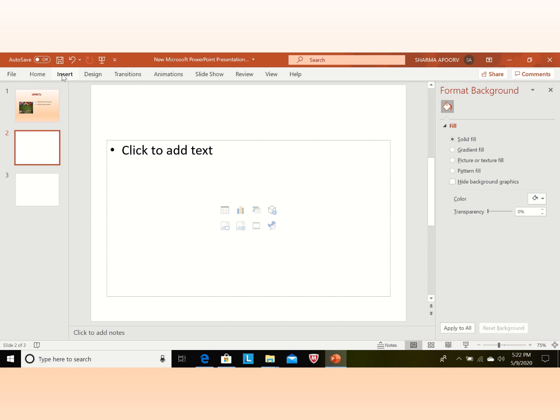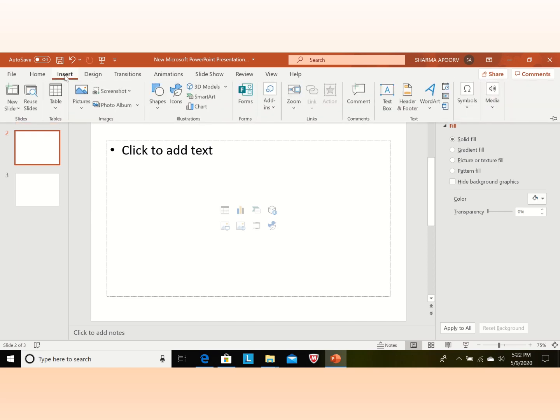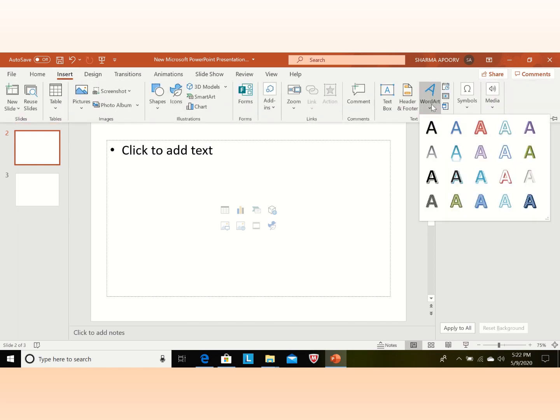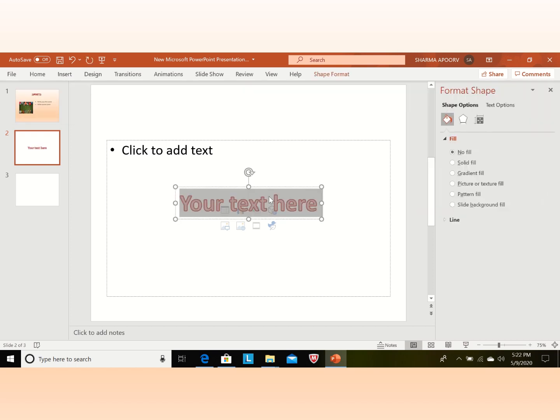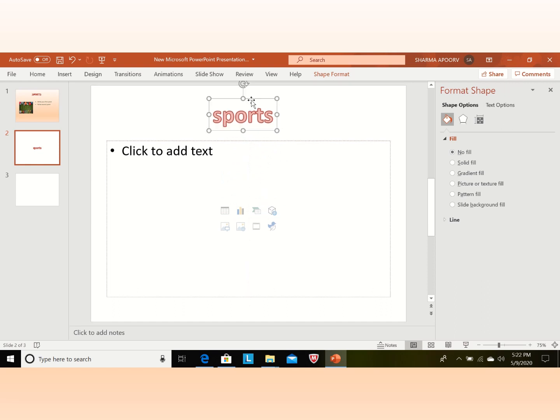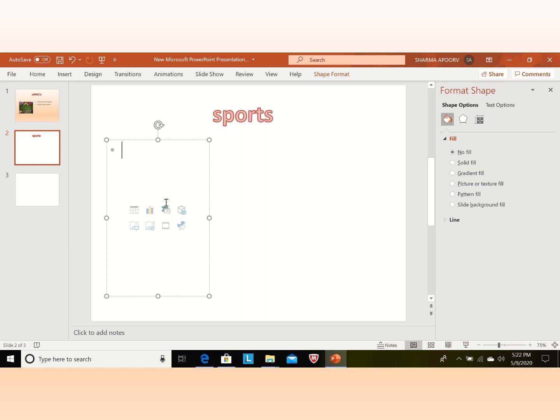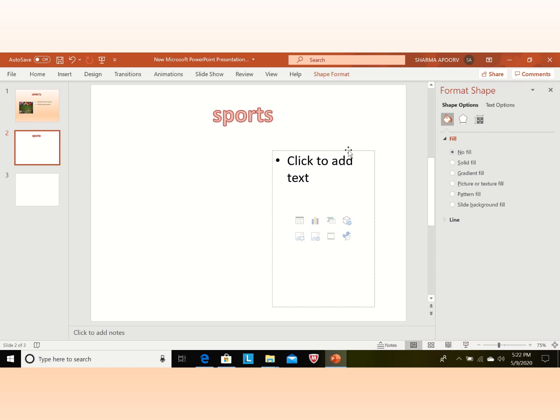I will use insert word art. By using this option we can also give our title name. I place it here. And I place this box here.